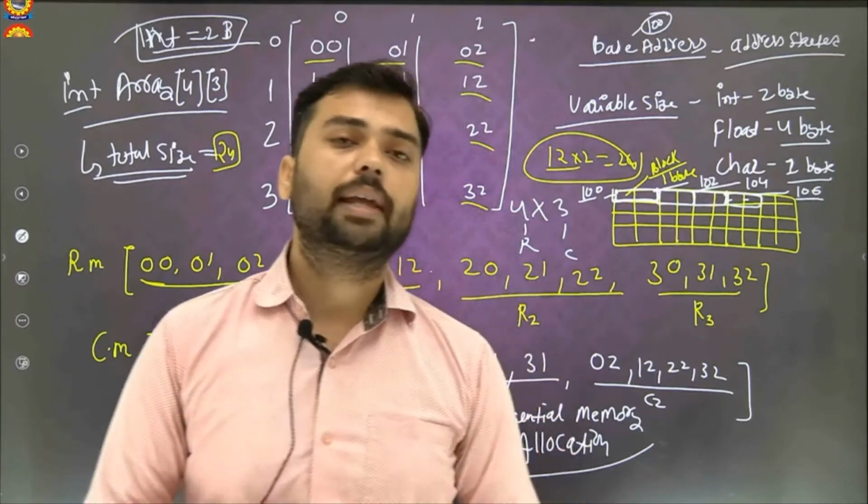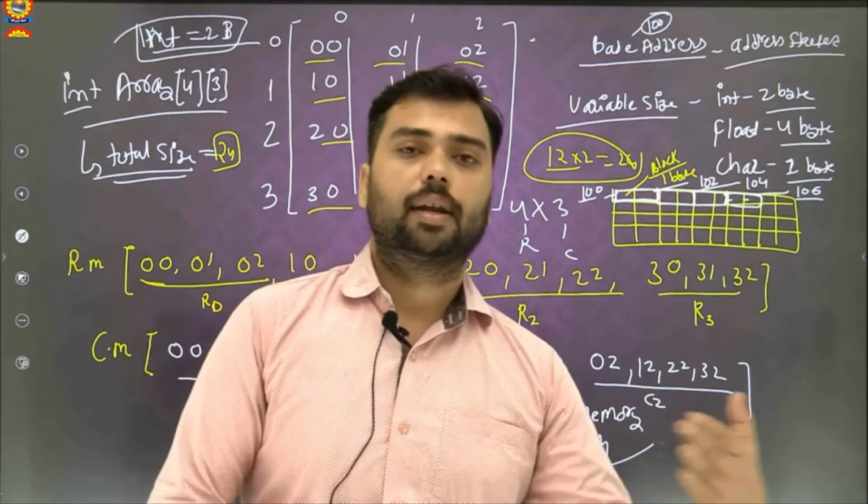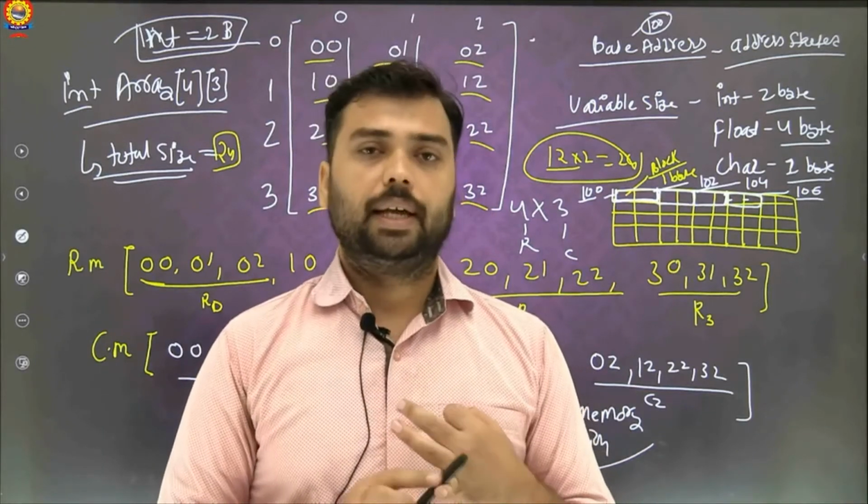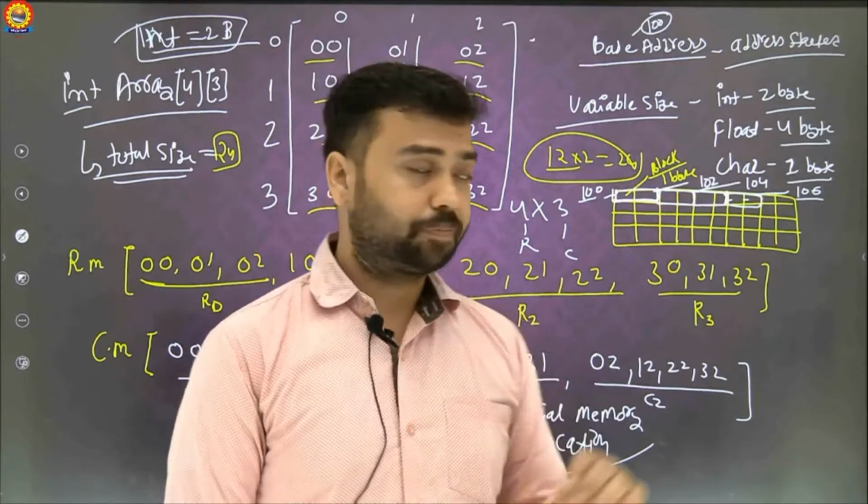Why is it called linear? One by one. One then another, then another, then another. Then it is known as a linear data type. So array is a linear data type. Array stores the values in a sequential manner.